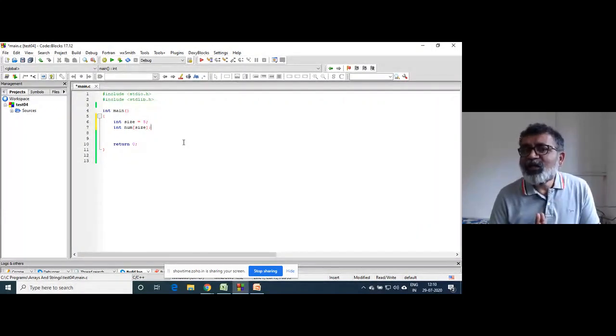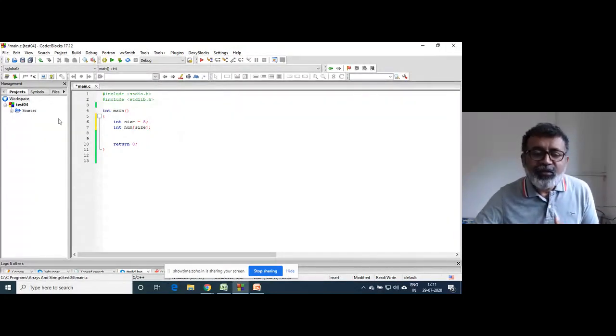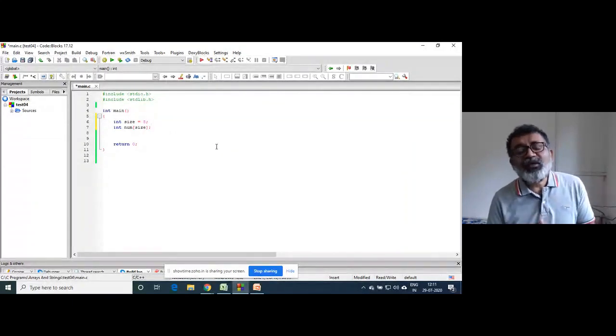Once also I said that memory is allocated at execution time, right? When we say that memory is allocated here, when you declare variables, basically how much memory is to be allocated, that is decided.